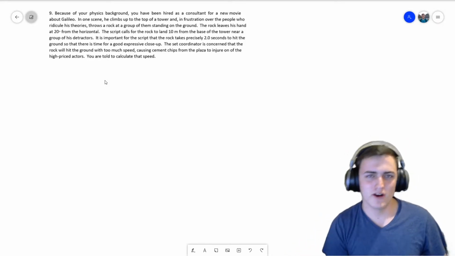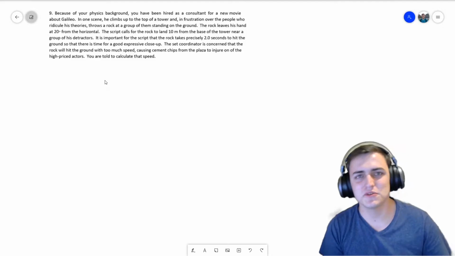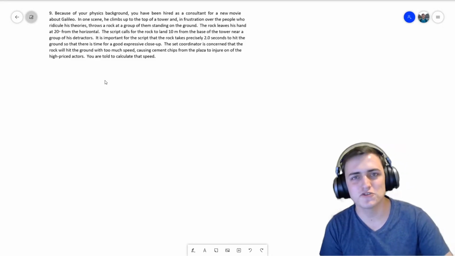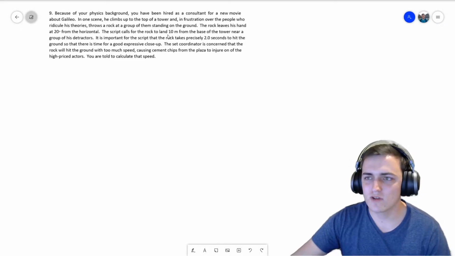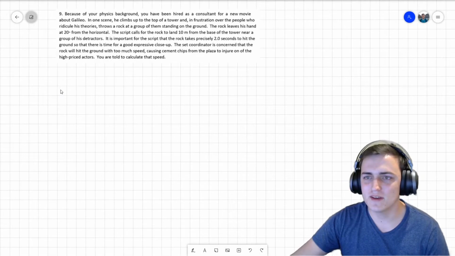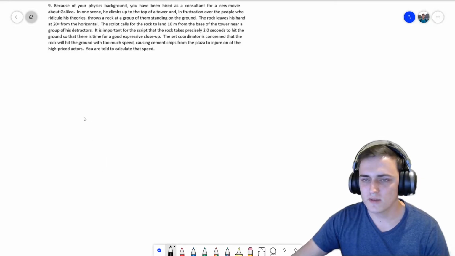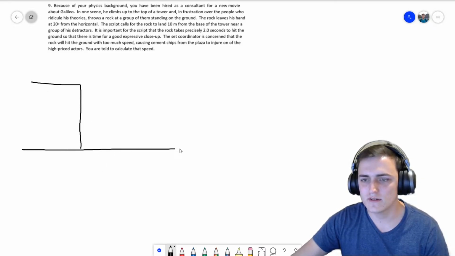Right, we want to make sure that rock is going to hit the ground at a reasonable speed. It's not going to be hitting at 200 miles an hour. So the data we're given is the rock needs to land 10 meters from the base of the tower. So let's draw a picture. Let's draw a tower and the ground. So the rock needs to land 10 meters away,